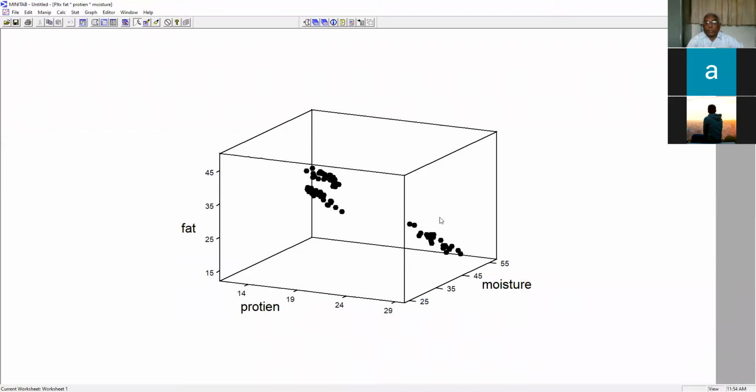But these 2 clusters seem to be very close to each other with respect to their properties. Of course, there is a variation, but the variation in these 2 is comparatively less as compared to the variation with this. And that is why these 2 clusters are more or less close to each other.